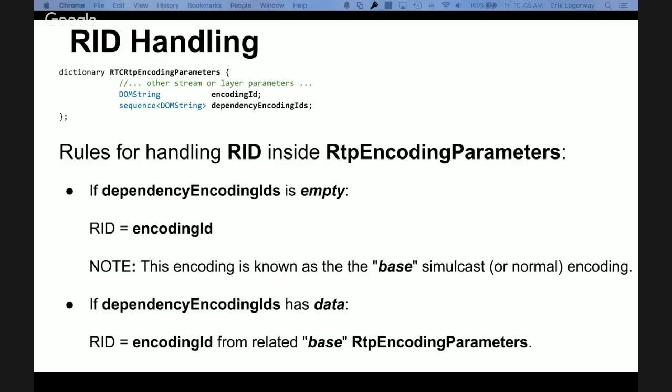And then the question becomes, and I've got 2 slides here, what do we do about these encoding IDs, and how does an encoding ID relate to RIDs? Now we just discussed whether RIDs, a moment ago, were specific to a particular layer or not. So there's 2 models you can do: you could say that the encoding ID basically defines all SSRCs within that encoding or within that layer.